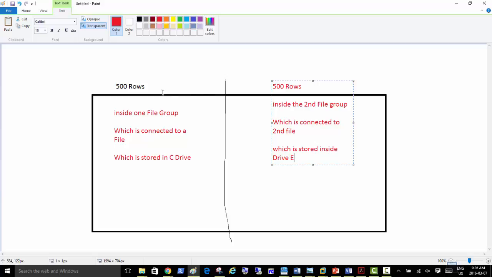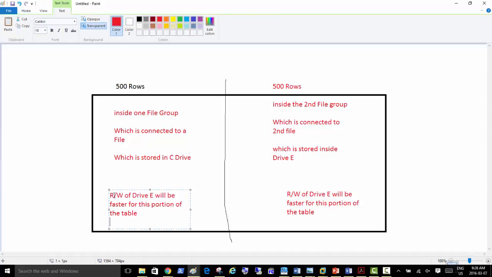Then this drive E will be giving better performance. The read and write of drive E will be faster for this portion of the table, and the same goes for read and write speed for this portion of the table as well.